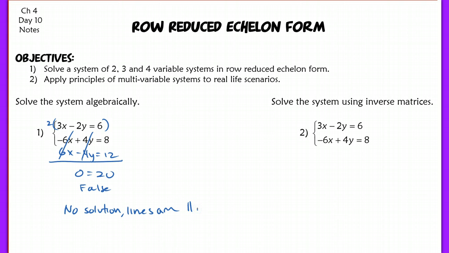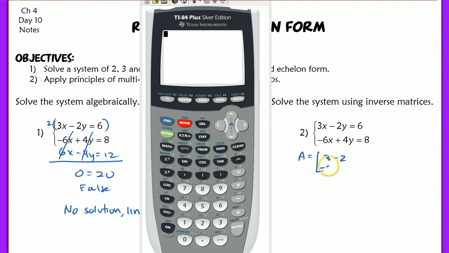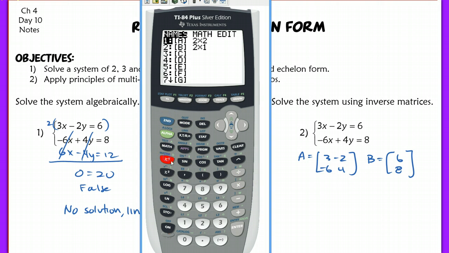Now, I'm going to also do the same exact system here using inverse matrices, what we did yesterday using our calculator. So I went ahead already and I put that into my calculator. In my calculator, I have matrix A listed as 3, -2, -6, and 4, and matrix B is listed as 6 and 8. Those are my coefficient matrix and my constant matrix. So when I come to my calculator and I enter A inverse B,